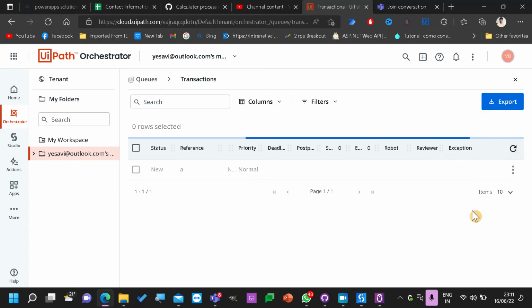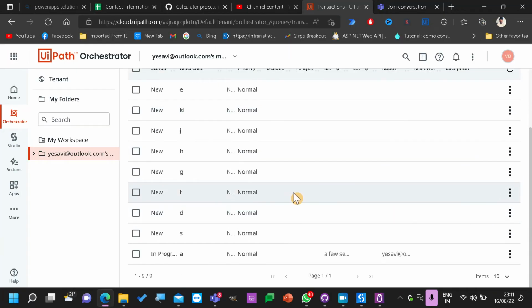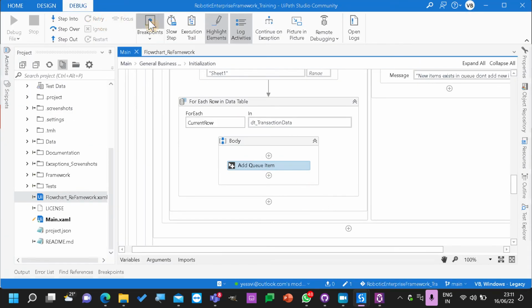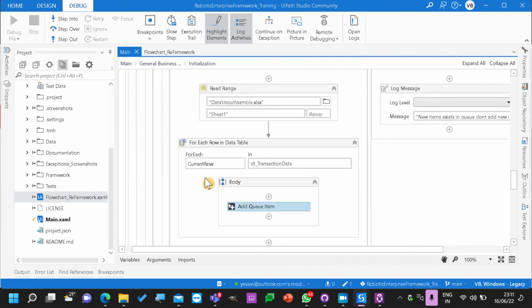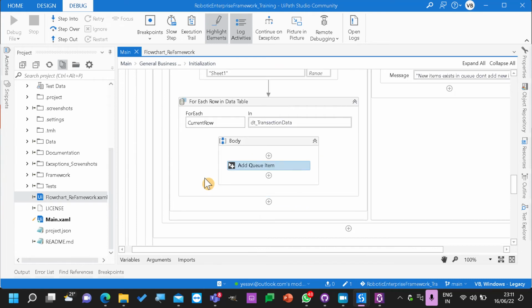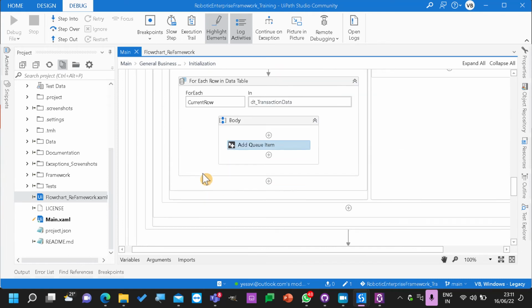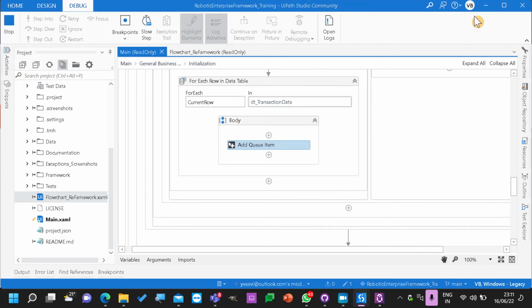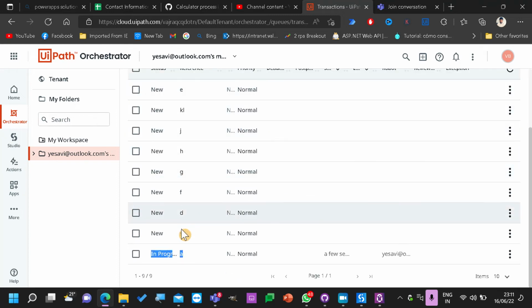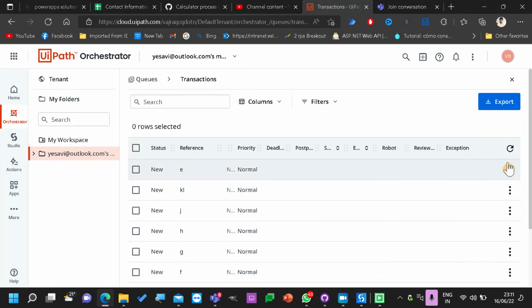I think a few items are added. Okay, these are the items that are added, around 9 items. One item is already moved to in progress. Now if I run the bot again, will it add items to the orchestrator queue? Right now it will not add, because we have given the reference, I think. So let's go ahead and run everything. When we run everything, it will not add new items, but it will take all the items from the orchestrator queue, right?